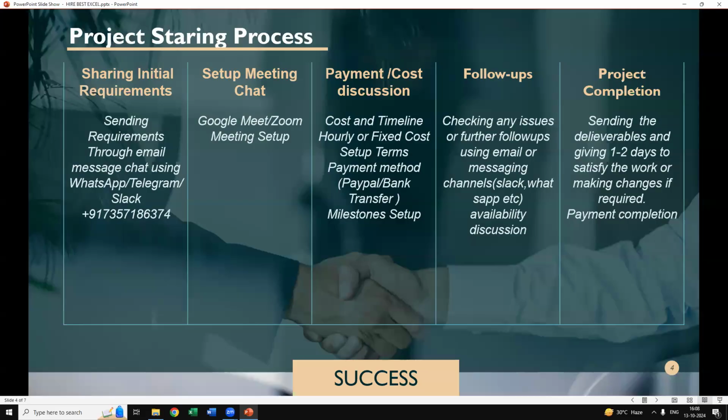Then, how can we start the project? This is the project starting process, which begins with the initial sharing of requirements. If you want to connect with me, I'm sharing my WhatsApp and email details. You can first share the requirements of the project, whatever you have, by email. Once I have the requirements,